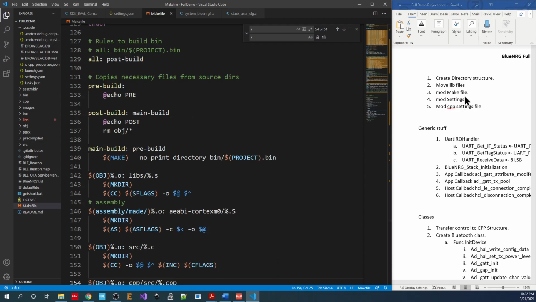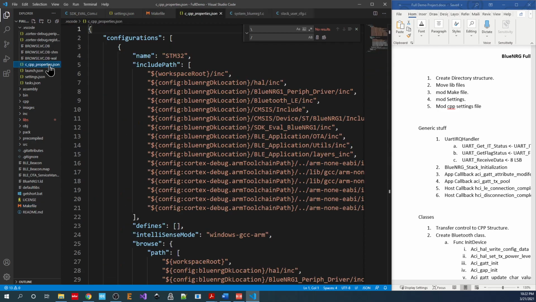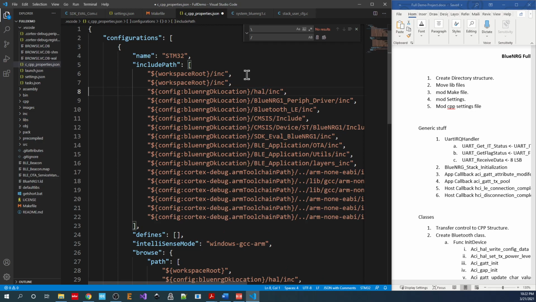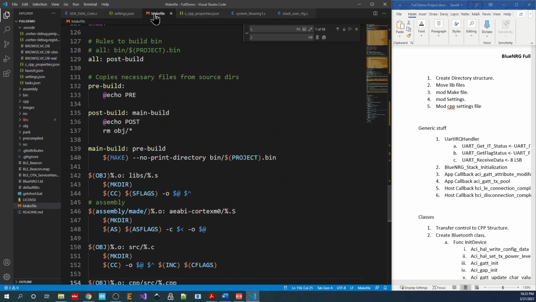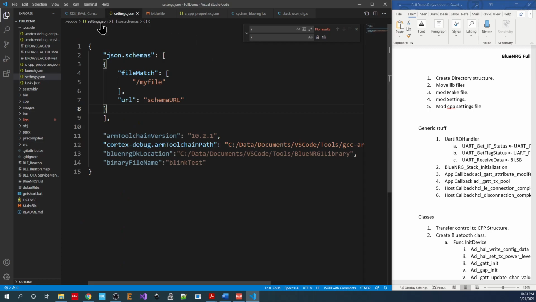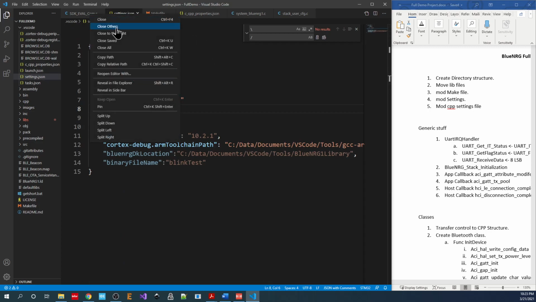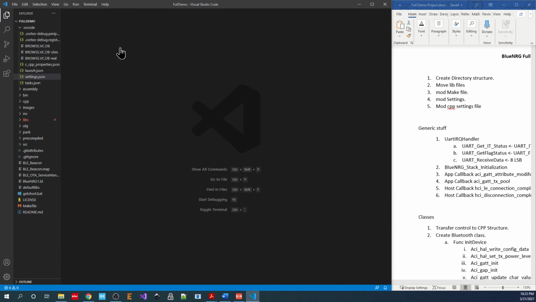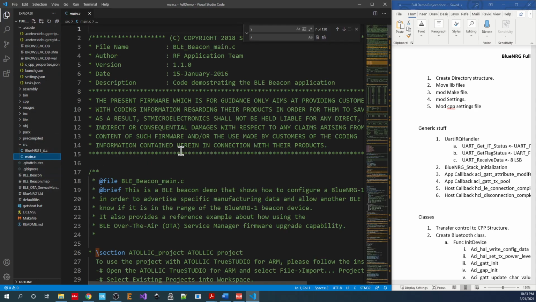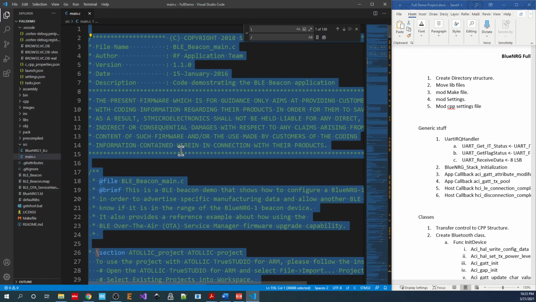Now I need to modify the settings I did. I'm gonna modify the CPP settings, which is this. And this is so when I'm coding, the IntelliSense part of the system knows where my C++ headers are coming from. So I'll add that there. Save it. I can save the make file. I'll save the settings file. I can close everything now, go to my main source file, and I'm gonna do my first compile, but first